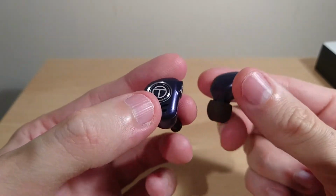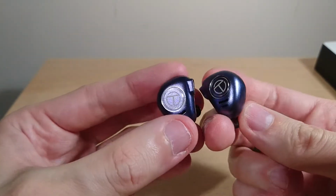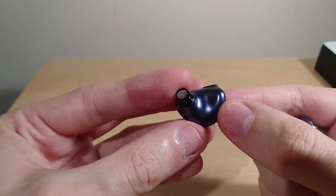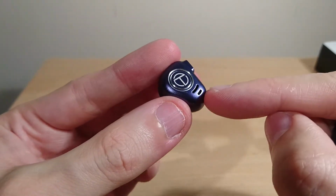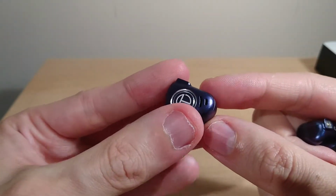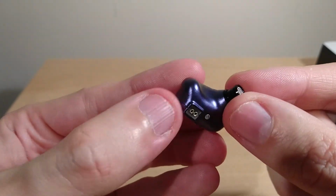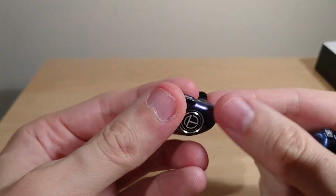Probably one of the best, along with the ZS10 Pro. This pair are neck and neck for best comfort. Quite a very, very nice build. I don't know if the vents do anything. In my testing, I don't think they made any difference whatsoever. Nice T emblem. Yeah, good stuff. So